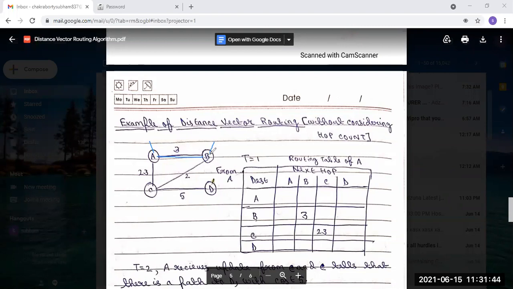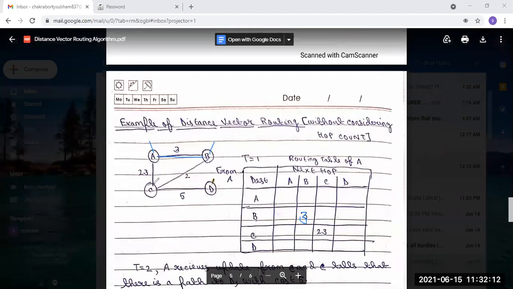So we consider the next hop as B also, since there is no next hop between them. So the destination address is B and the next hop is B, and we put the value 3 here.